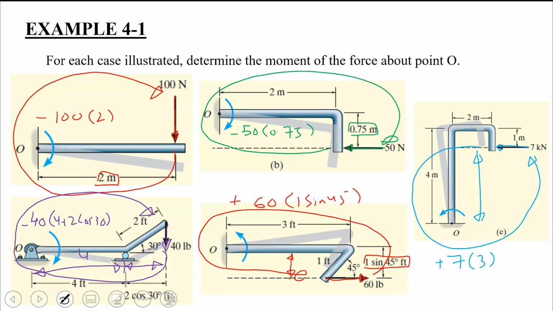सर, फोर्थ फिगर में सर ओ पिवट नहीं होगा सर? जो 60 पाउंड वाली फोर्स है, यस सर। देखिए इसमें पिवट पॉइंट तो ओ है, लेकिन आपकी फोर्स की लाइन ऑफ एक्शन ये है, पिवट पॉइंट के दरमियान जो डिस्टेंस है वो ये आपके पास आ जाएगा। तो ये कितना डिस्टेंस बन रहा है, ये स्लांटेड लेंथ 1 फुट है, इसका ये वाला कंपोनेंट आप लेंगे विच इज 1 sin 45। ठीक है, समझ आ गया।